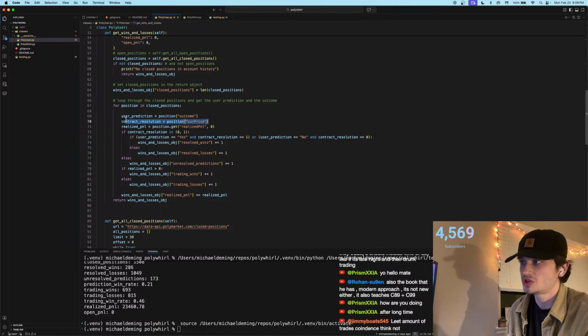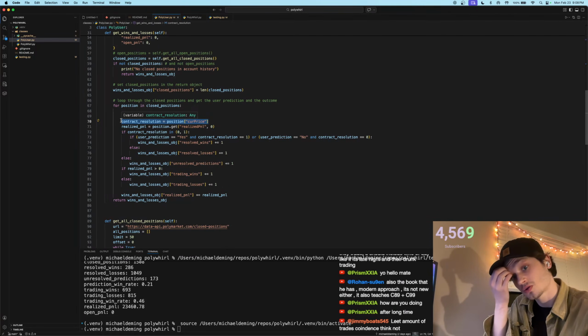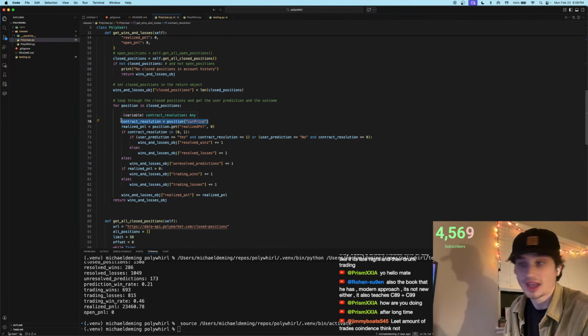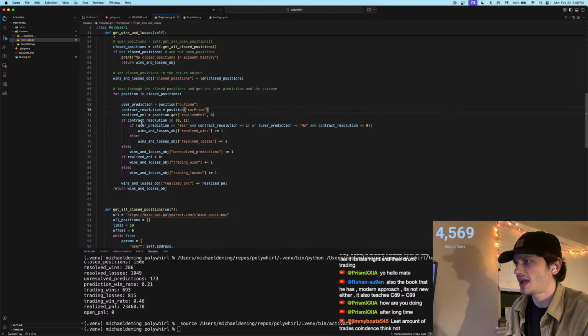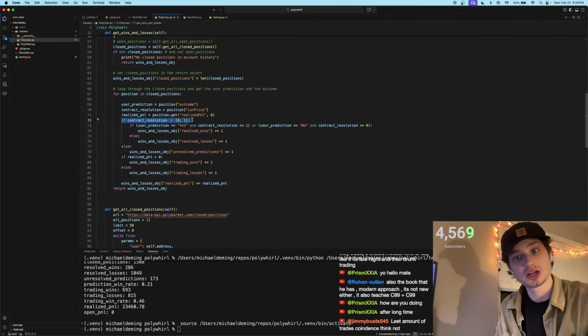And anywhere in between is the percentage, or the offset, between the yes or no, right? So over 50% is more tailored towards the yes, whereas under 50% is more tailored towards the no. And so what I did is I asked if the contract is either 0 or 1, meaning that this trade had this prediction is over,